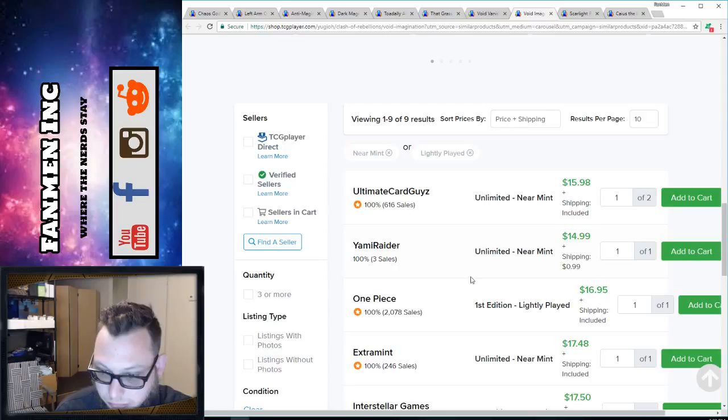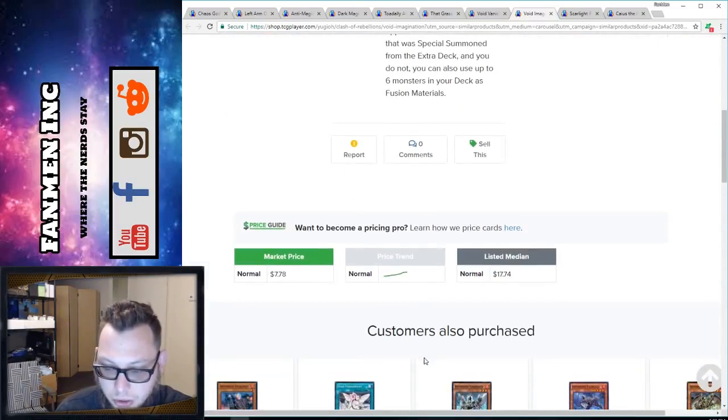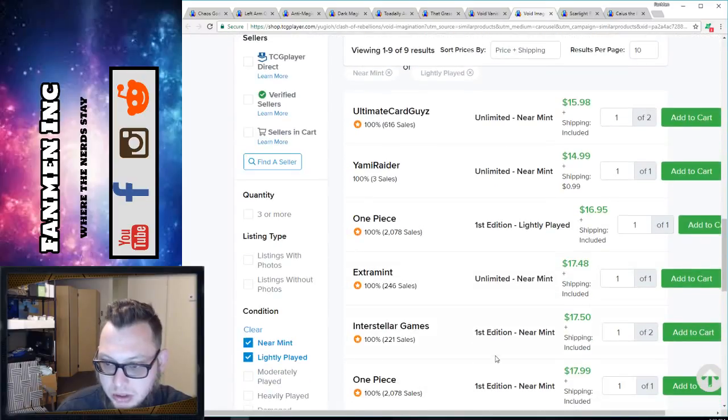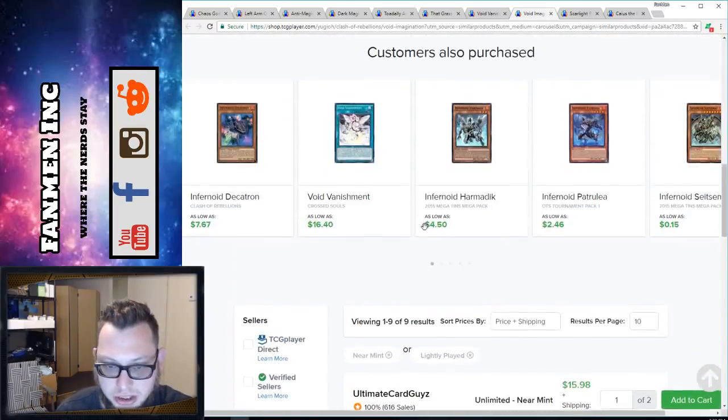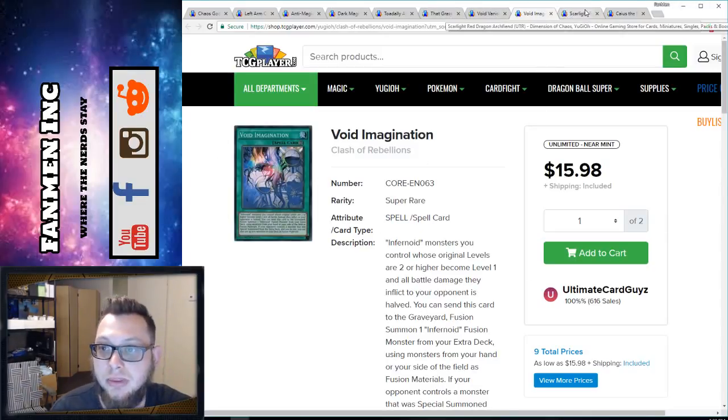And so for a first edition near mint, it's going to cost you $17.50. They've got 2 of them. So it's a couple bucks more for first editions. Probably only need like one or two. Let's try to drop a bunch of them. And then we got